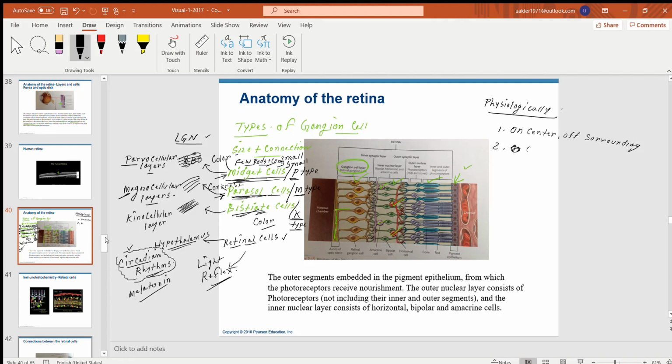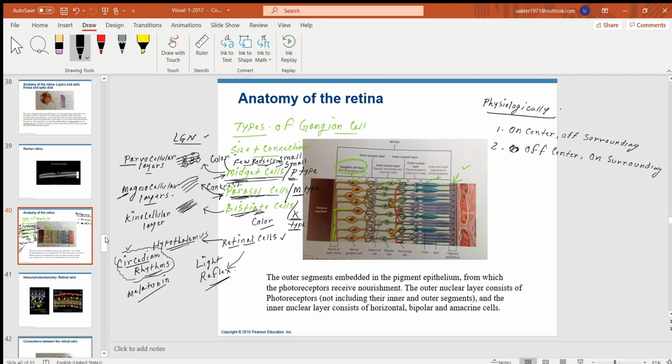Off-on, just opposite, right? Off center on surrounding. Okay, by the names you can just guess why they are called so. So let me explain. Okay, so first let me draw